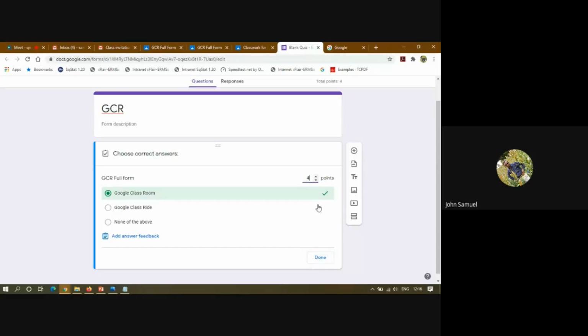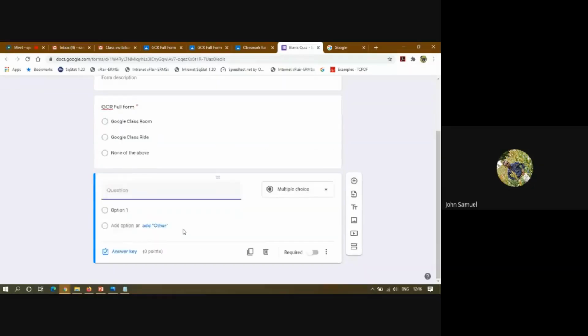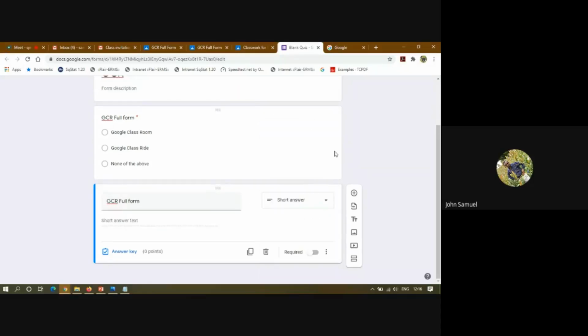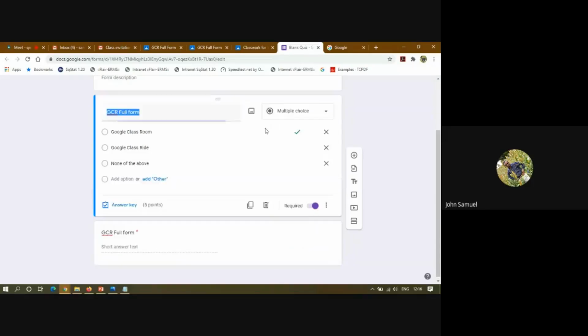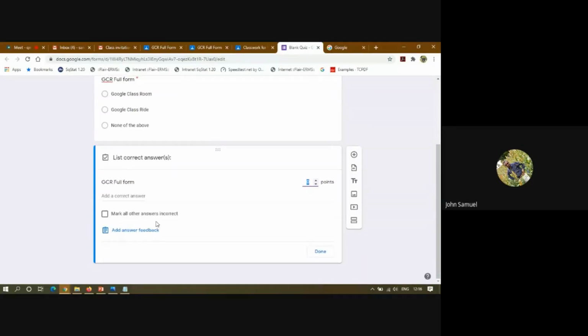Okay, 5 marks. And I'm going to add one more question. It will be a short answer, like GCR full form, right? These things we saw yesterday, so I'm skipping all those things. Again, it is a required field. Okay, fine. I'm marking all the answers correct.